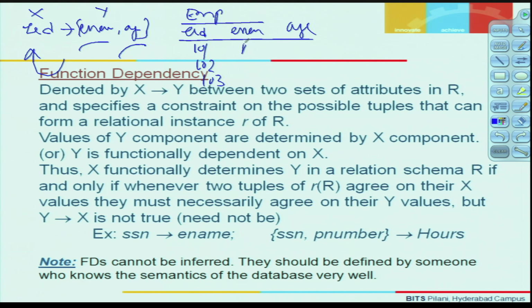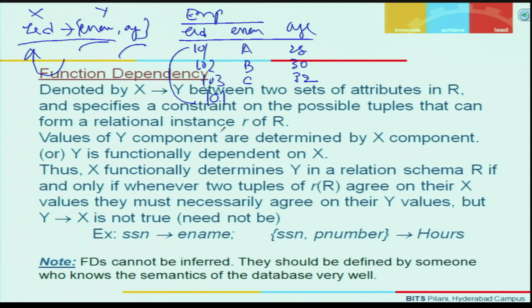That means if I have A, B and C as the names, 28, 30 and 32 as the ages, and if I have some other row where the value under column EID is 101, since the functional dependency says that employee ID determines the attribute E name, when the value under the X component is the same, they must also agree upon the Y component values. That is why, if I have some other tuple with the same value, that is 101, under EID,